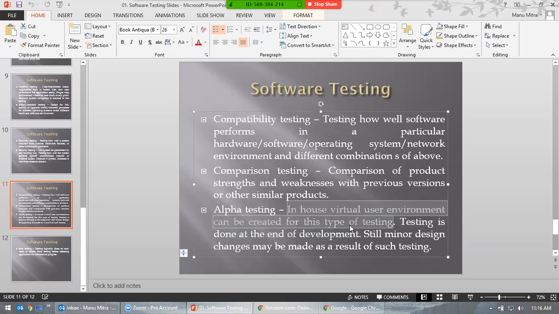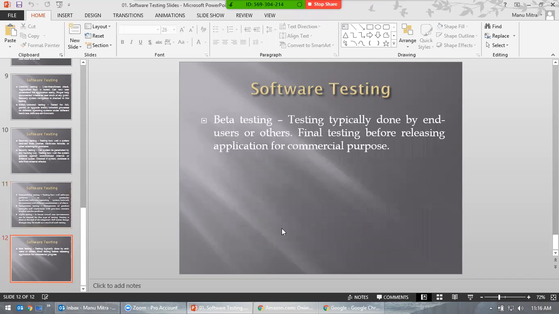Testers have their own way, developers have their own way, and the business analyst also does the testing, but from the business point of view, and the tester does it from the user point of view. So whoever is responsible will be doing this alpha testing. Most of the time, it is done after the development is done. Okay. So next one is